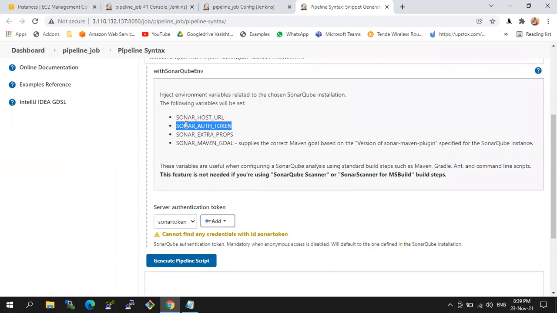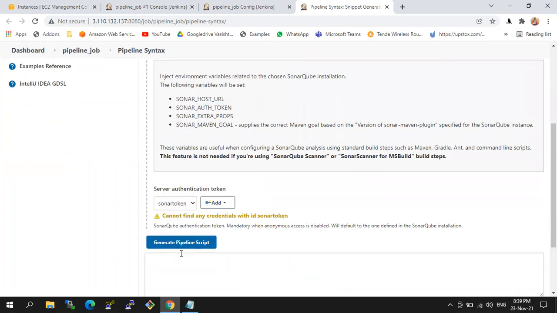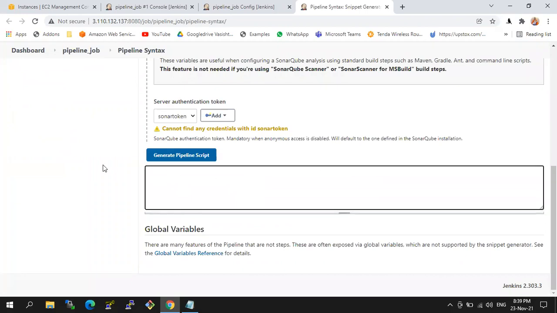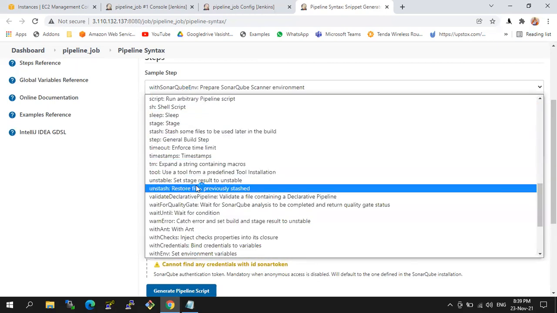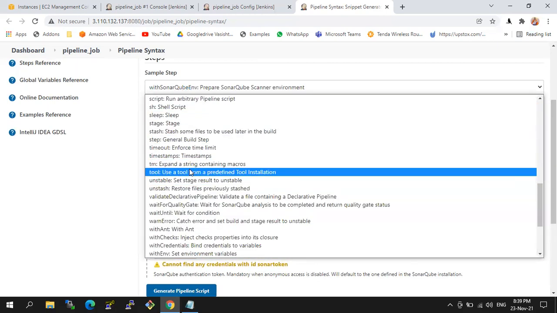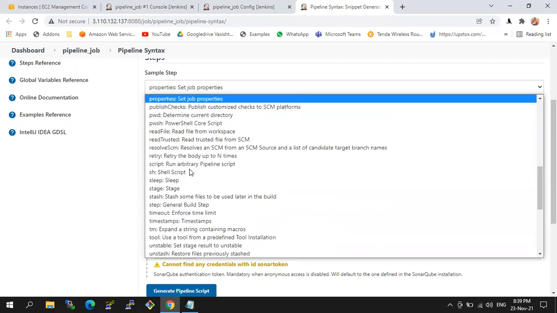Okay, like this, you need to give the inputs. So if you give the inputs and add the token, then the script will be generated. Then use the script and paste it there. Then the package will be tested. And after that, if you want to push the package to Nexus,